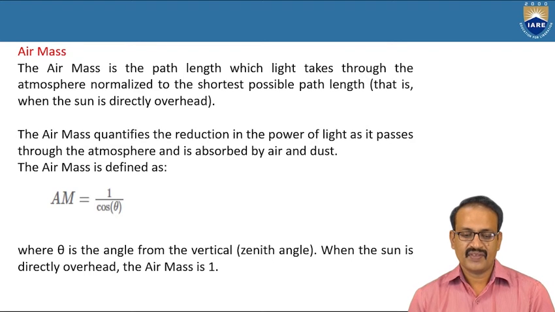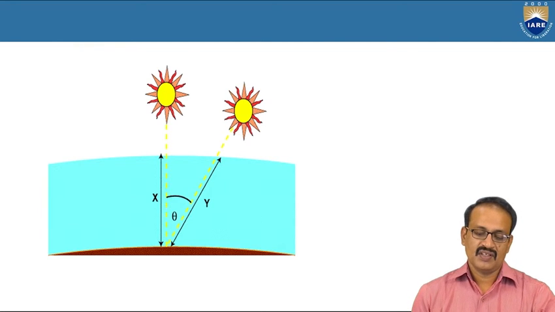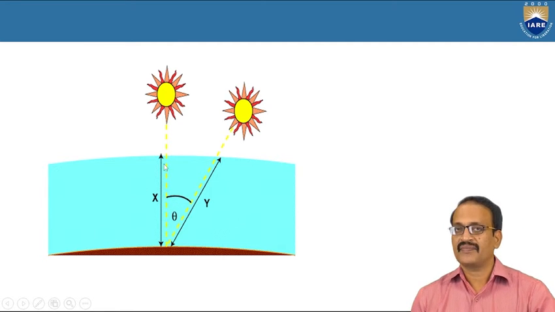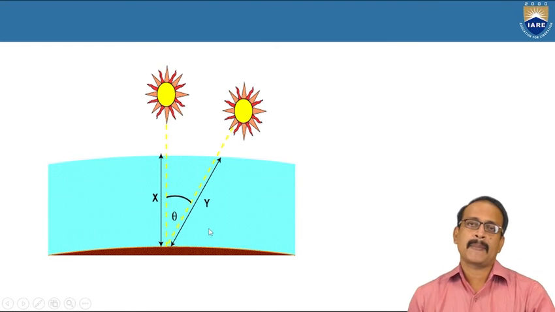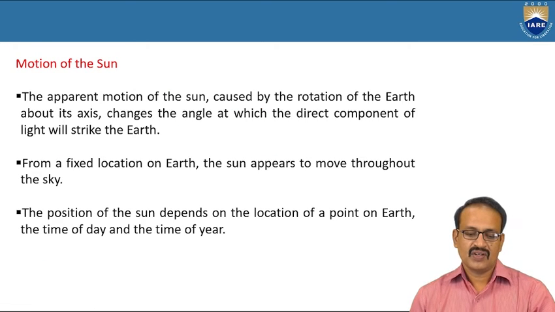So that is called the air mass. It is the shortest possible path the sun ray will take to reach the Earth. Here you can observe, this theta is the angle. If it is at midday, it is exactly perpendicular, but it's not, so again it has varied to 45 degrees. Now it's not perpendicular. So at this stage, you will get good energy. Here, you will not get quality of energy.